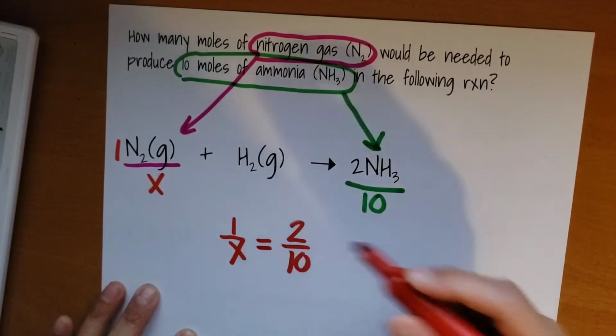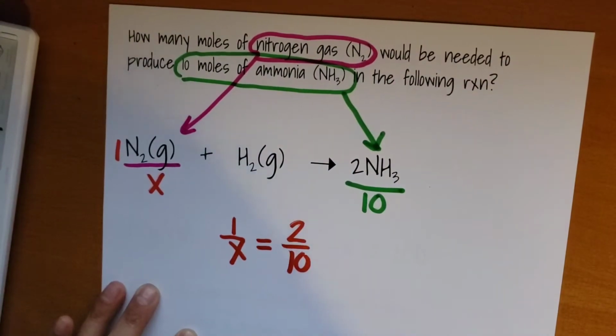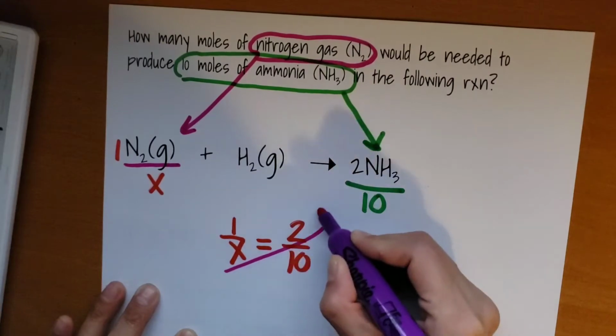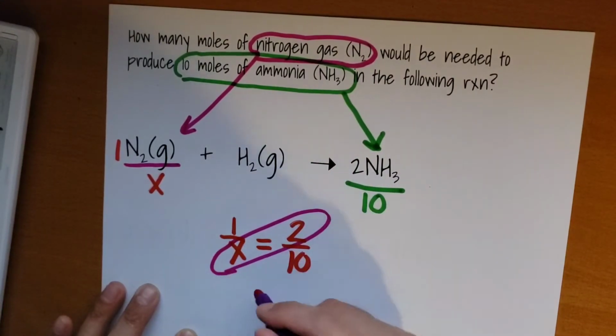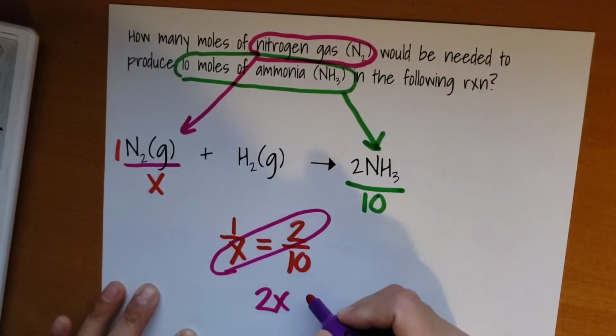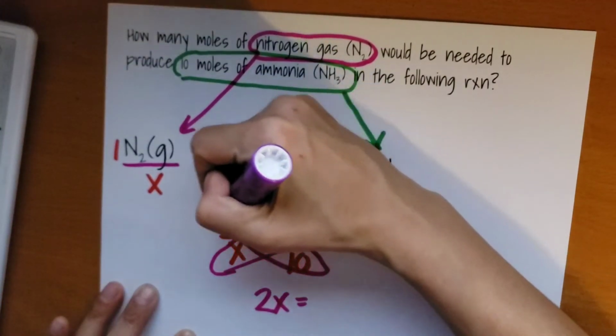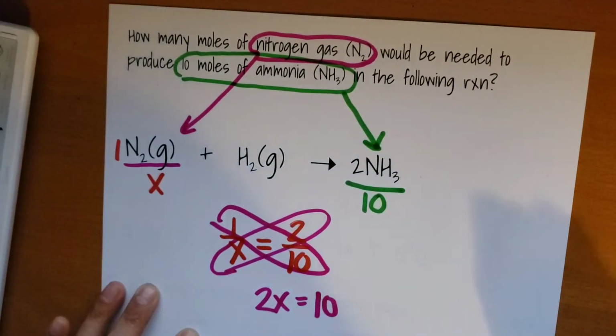I set these equal. To clear the denominator, I'm going to multiply these 2 values, and then I'm going to multiply these 2 values. Solving,